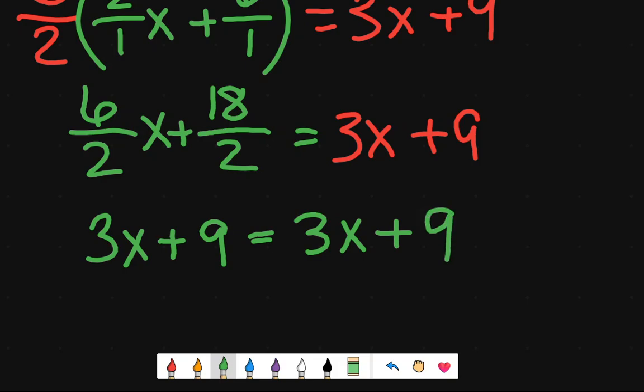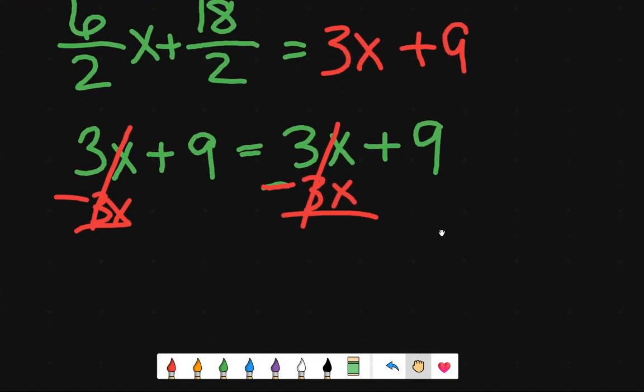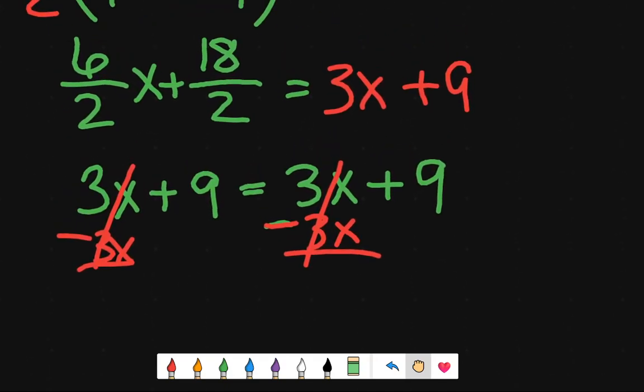Now we can go ahead and begin combining like terms. So we have 3x and 3x. You can subtract 3x from both sides. All right, so both of these 3x's are going to cancel, so we'll get 0. We'll get 0 plus 9. We'll just get a 9 is equal to